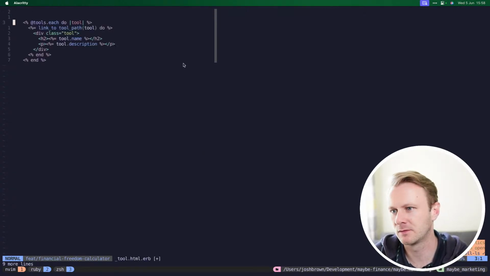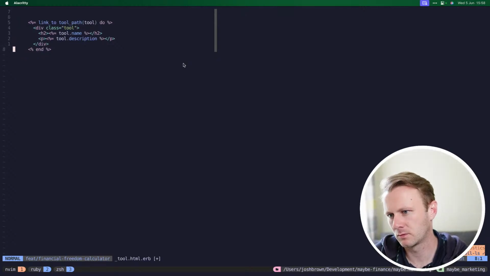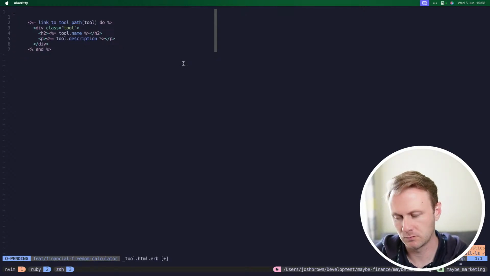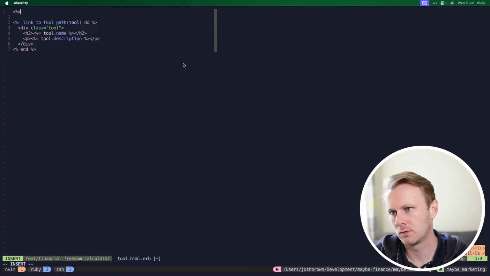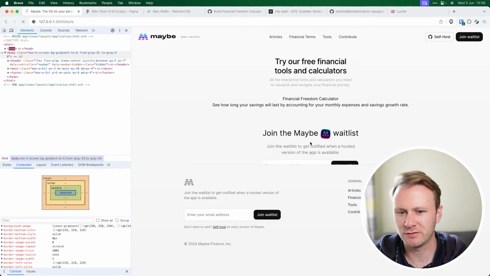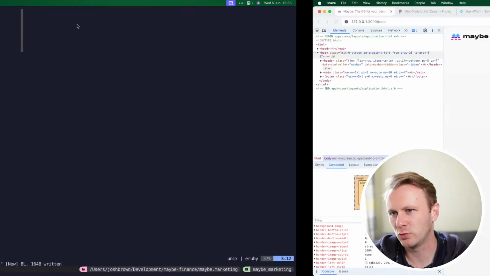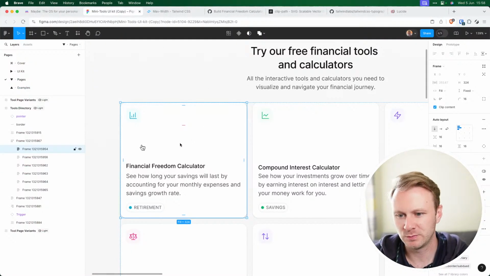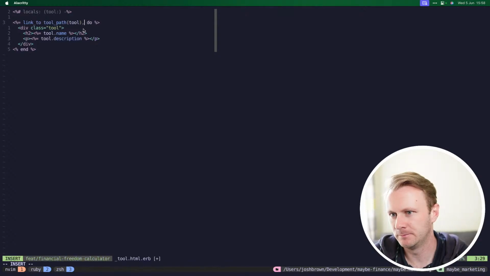Tool.html.erb. Locals. Cool. And then if I refresh, we get the same thing as we had before. The whole thing should be clickable. Then we'll have BG